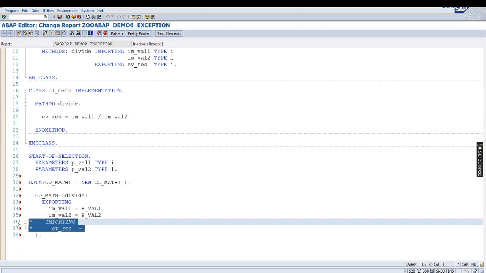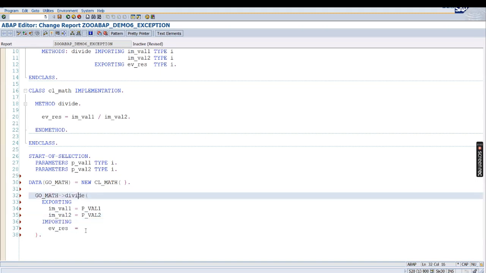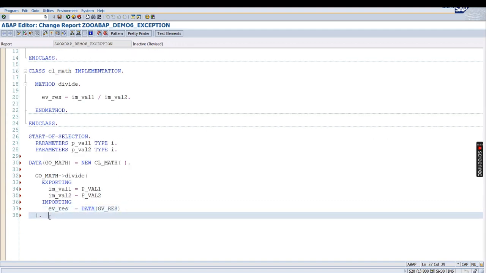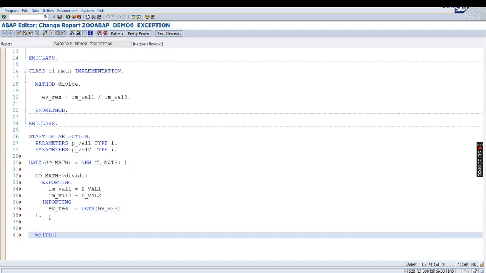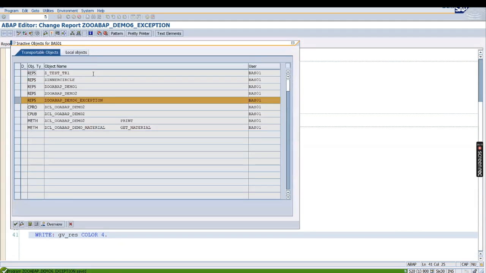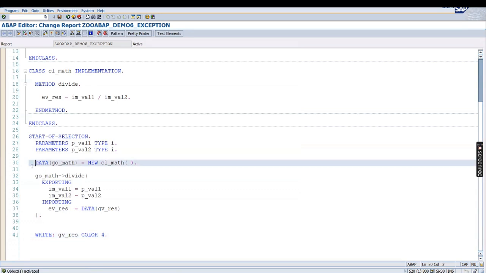And beauty of class method is that directly here you can use the inline declaration. So gv_result, directly we can use it over here, and we can print also. Some color we can give to beautify it, activate this one, put the breakpoint over here, run this one,